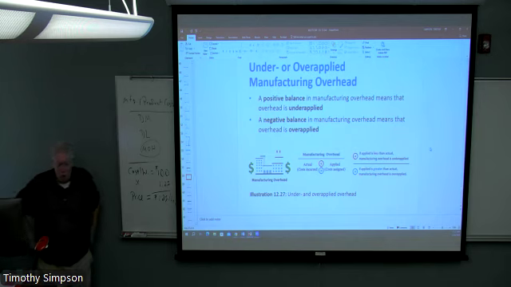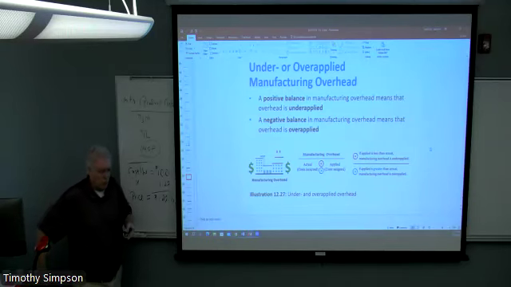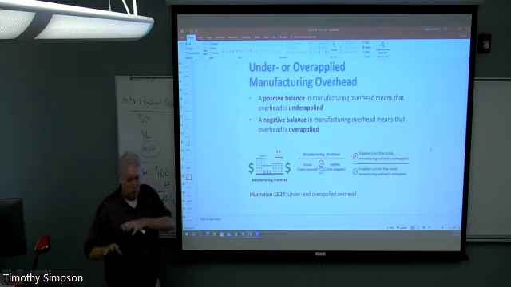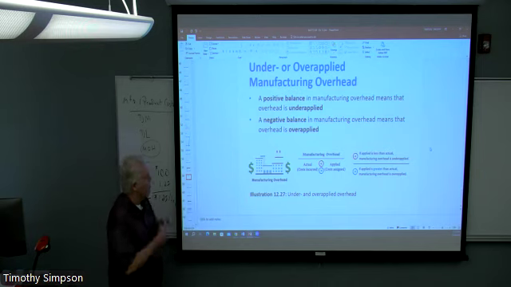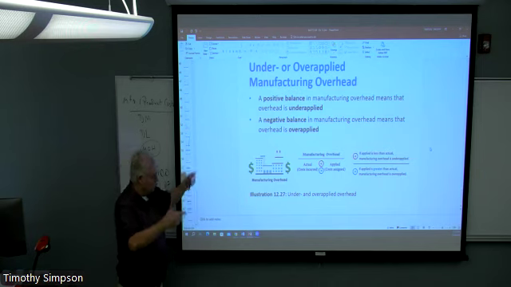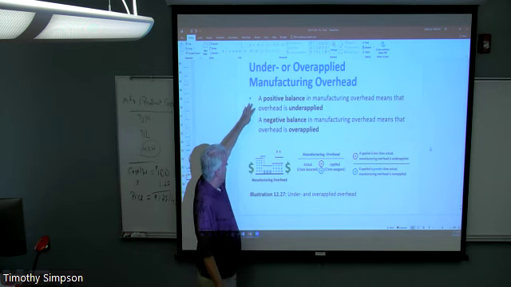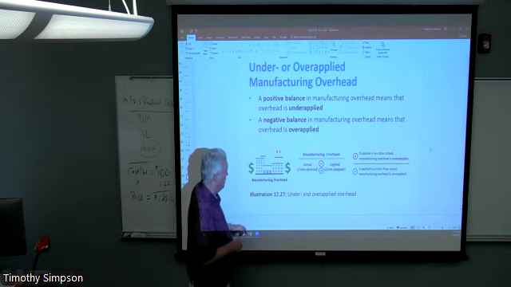All right. Well, here's the thing. As we're applying overhead on a routine basis, as we're capturing the information for the driver that's causing it, whether it's machine hours or labor costs, and we'll talk about some other examples of drivers later, we're then applying overhead to work in process. So what happens if we've got a positive balance at the end of an accounting period, where we have overestimated, in other words, we've underapplied overhead? What do we do with that? Versus a negative balance in which we've overapplied it because we simply put too much in overhead. And then what do we do?